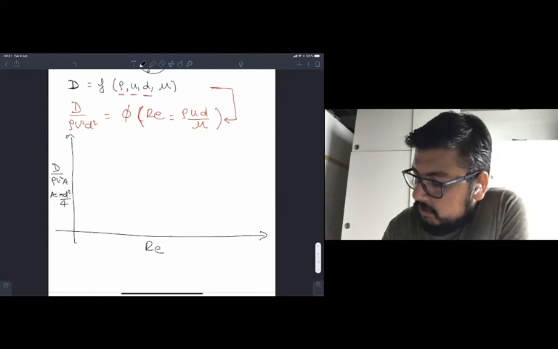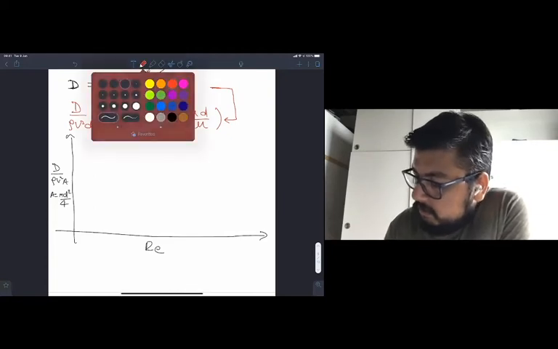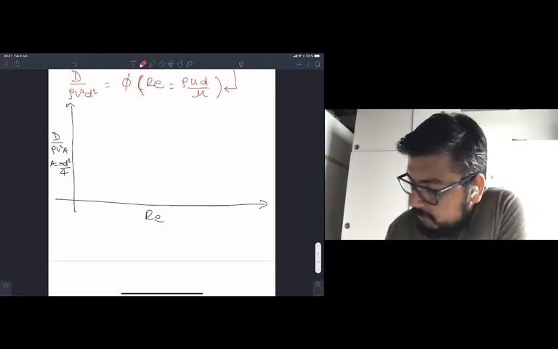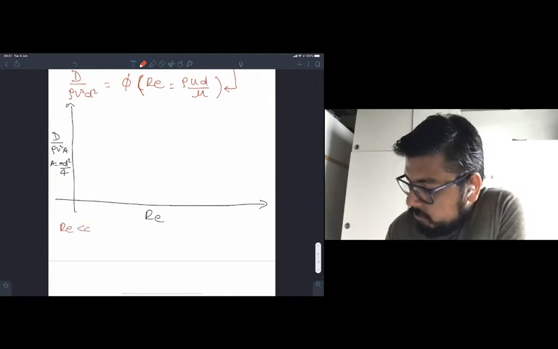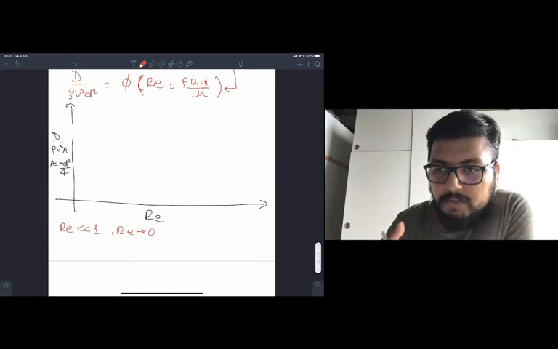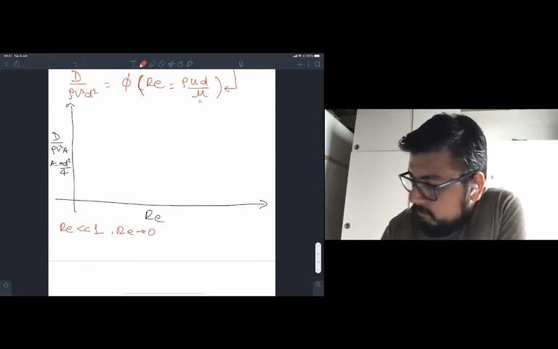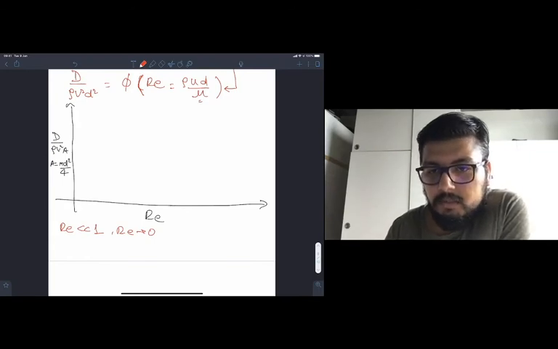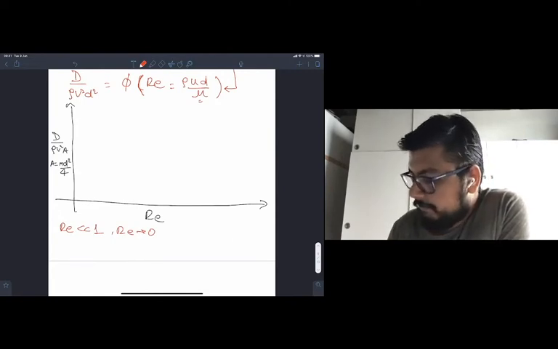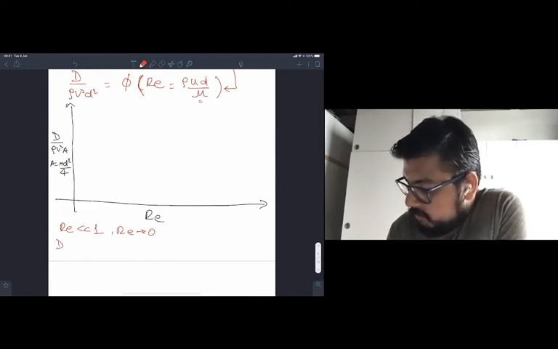So let us think what it means when we say that Reynolds number goes to 0, or when we talk about a Reynolds number which is way smaller than 1. So what it means is that the viscosity dominates. So the viscosity or the viscous stresses are the most dominant force in the system,